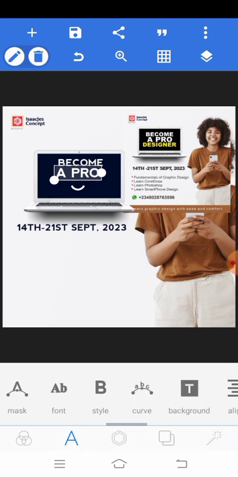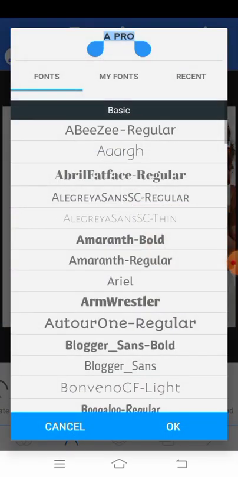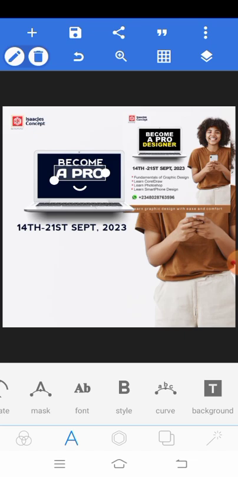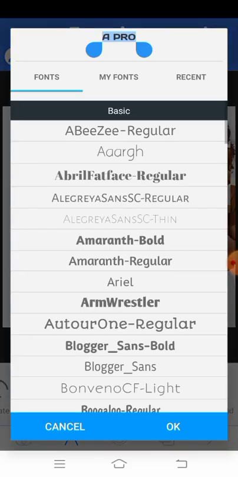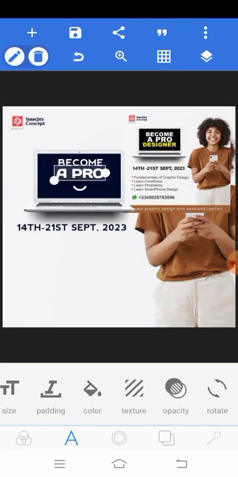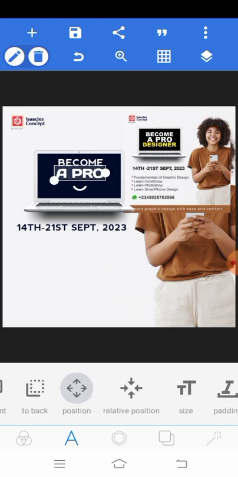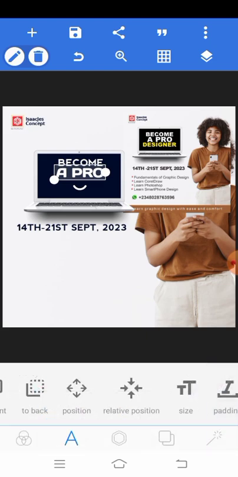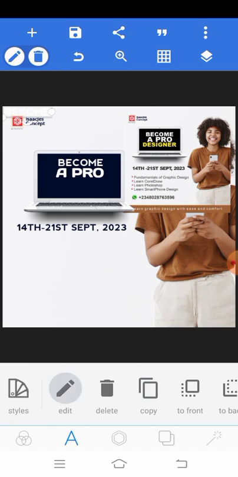Now let's change that font down. So let's change the fonts. I'm using recent, so let's see, maybe no, let's change the font. Okay, let's use this one. I know that it's not actually the same, but it's just good. Why? Because I don't have many fonts installed here. So now let me use this one, copy again, and then